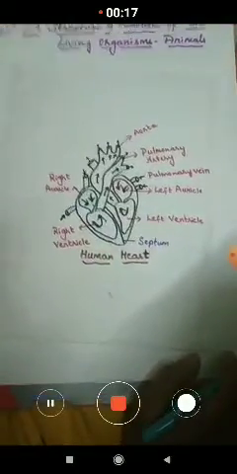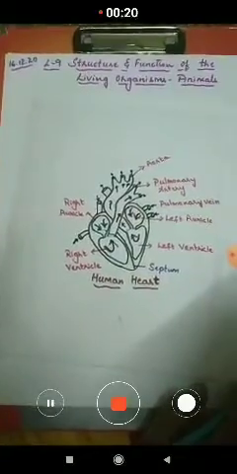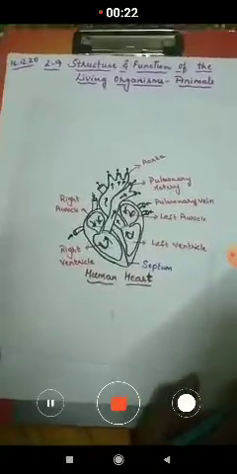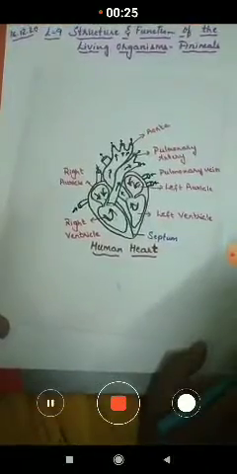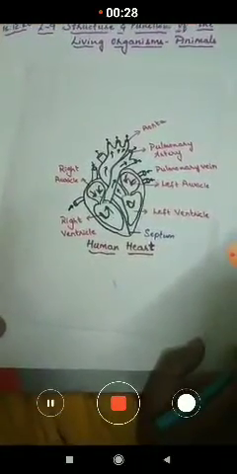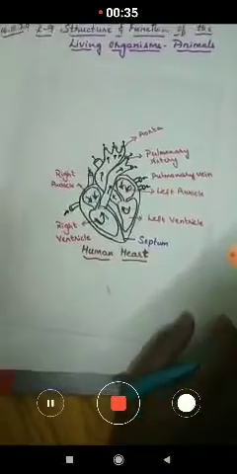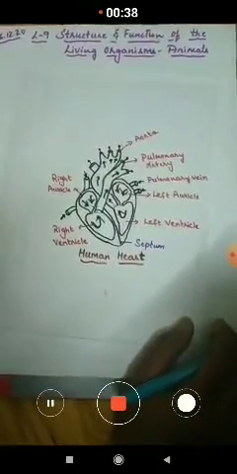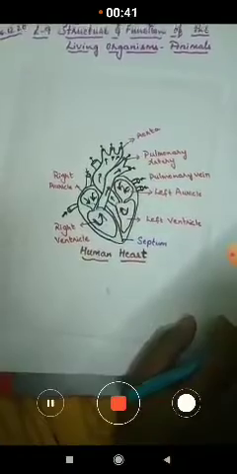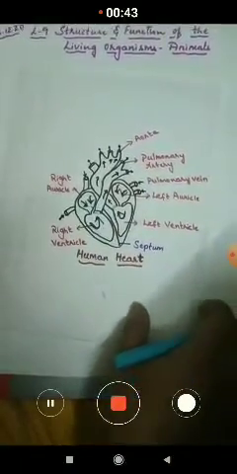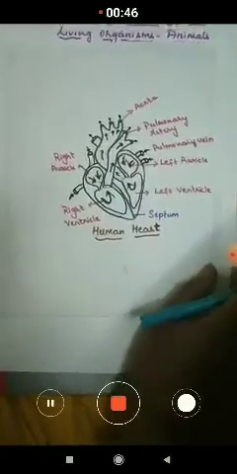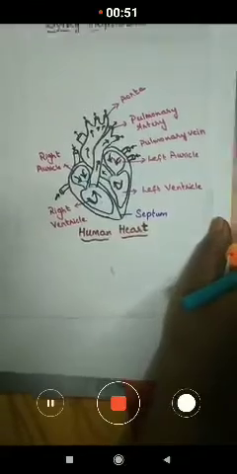So, in the last class, we were studying lesson number 9, structure and function of living organisms, animals. Under that, we were studying the third system, the circulatory system. The circulatory system consists of the organs: the human heart, blood vessels, and the blood. In the last class, we studied the structure of the human heart, the blood vessels, and the functions of the blood, children. Now we'll recall the structure of the heart and then we'll move on to today's topic, that is the function of the human heart.